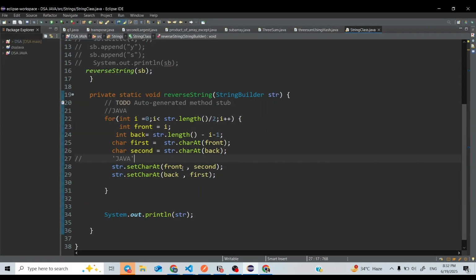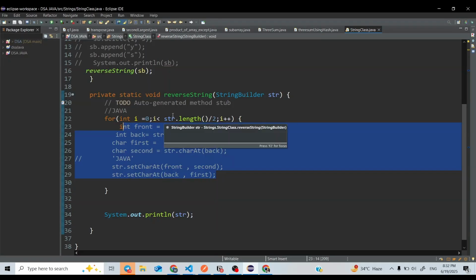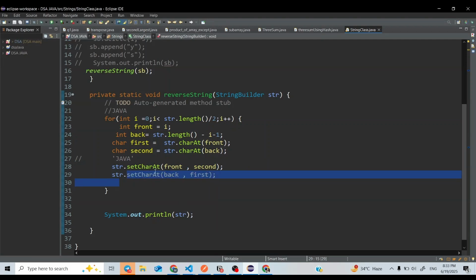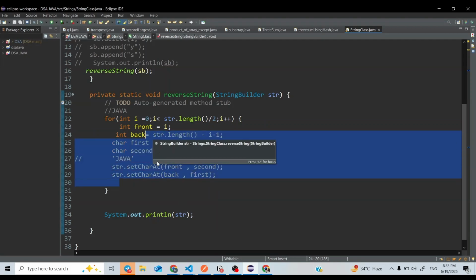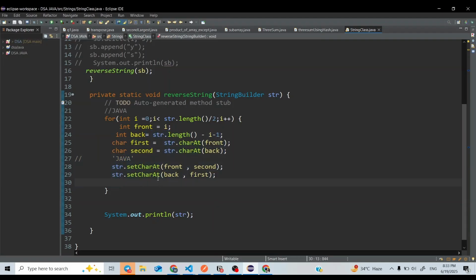So I hope you understood. If not, please watch the code again, see what we did, and try to write the program by yourself using some other method. This is not the only way with which we can reverse a string. There are many ways. So try to do this program without using these methods.